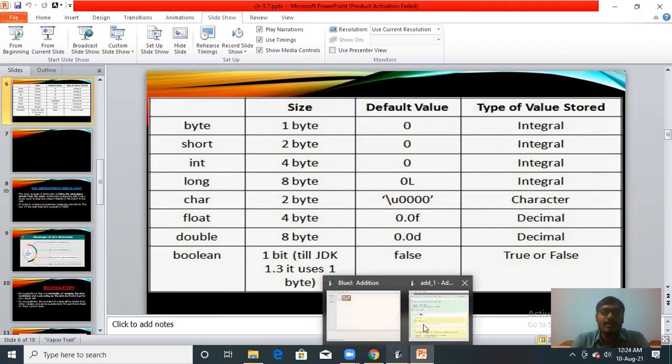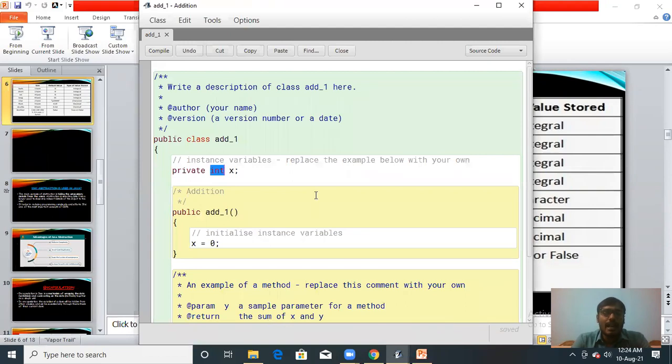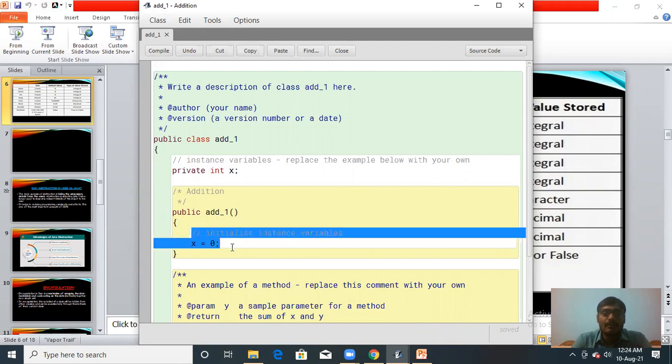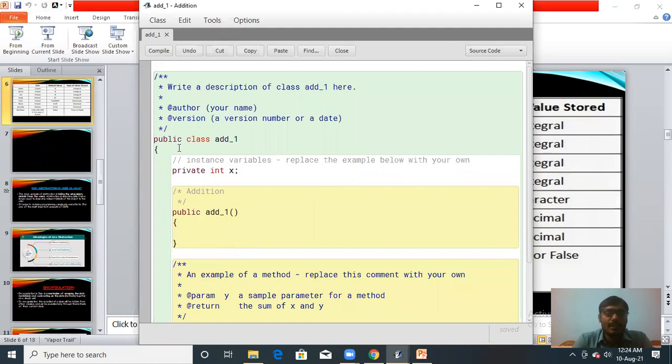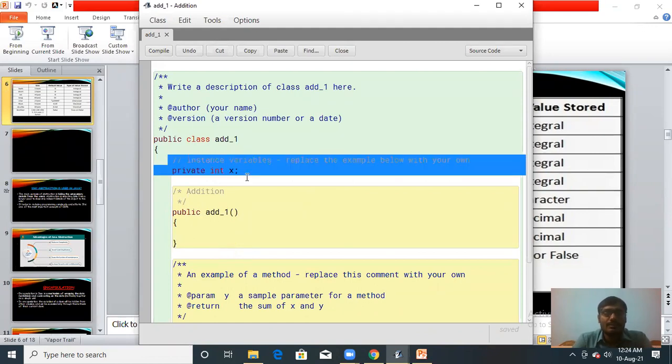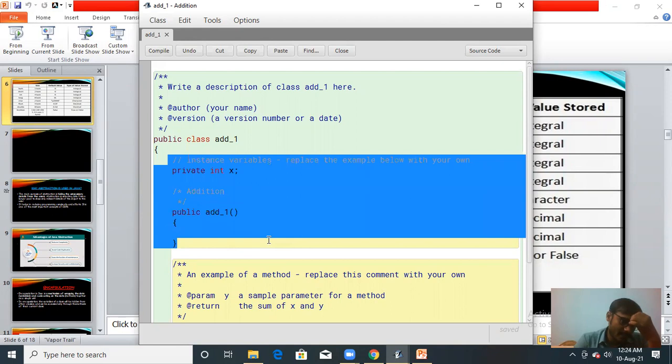Suppose in your BlueJ program you want to add 2 numbers. You have written the function public add 1. Now here you want to add 2 values. So wait, let me delete these things.